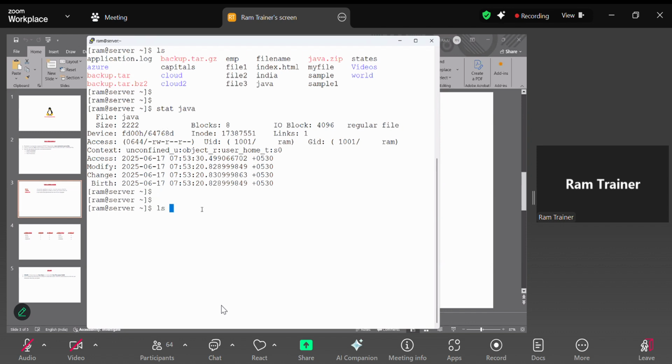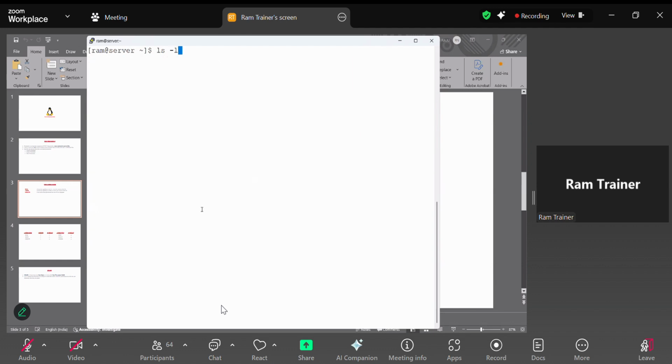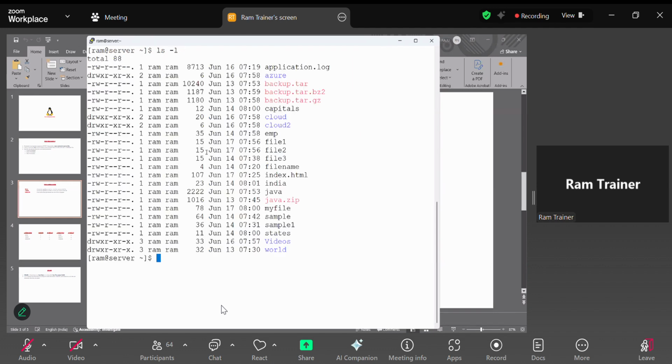This is one way. The other way, the simple way, is to use the ls -l option. See this? The simple command on the left side. Observe: these are the file permissions. You know the first field hyphen means it is a file type, a regular file. If the field starts with d, it is a directory. If it starts with l, it is a link file. So the first field is the file type, don't consider it as file permissions.